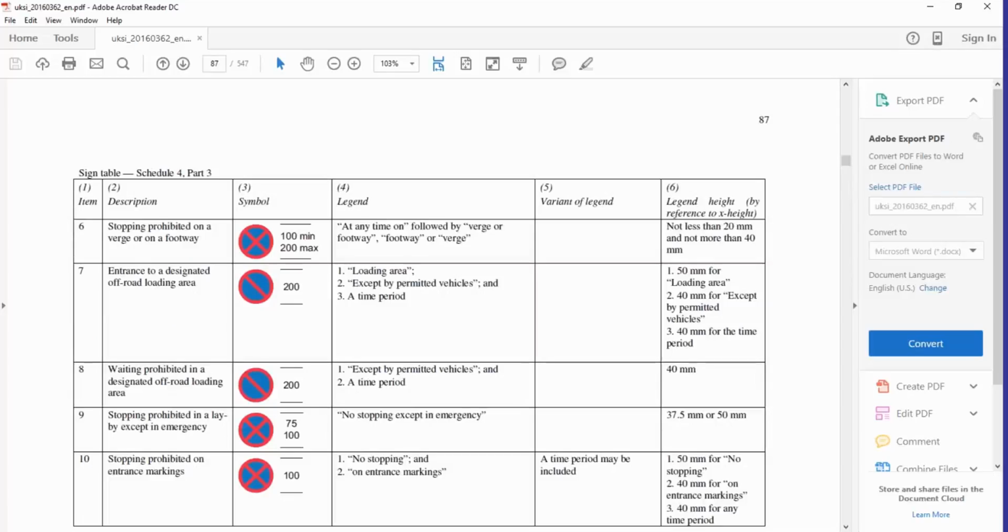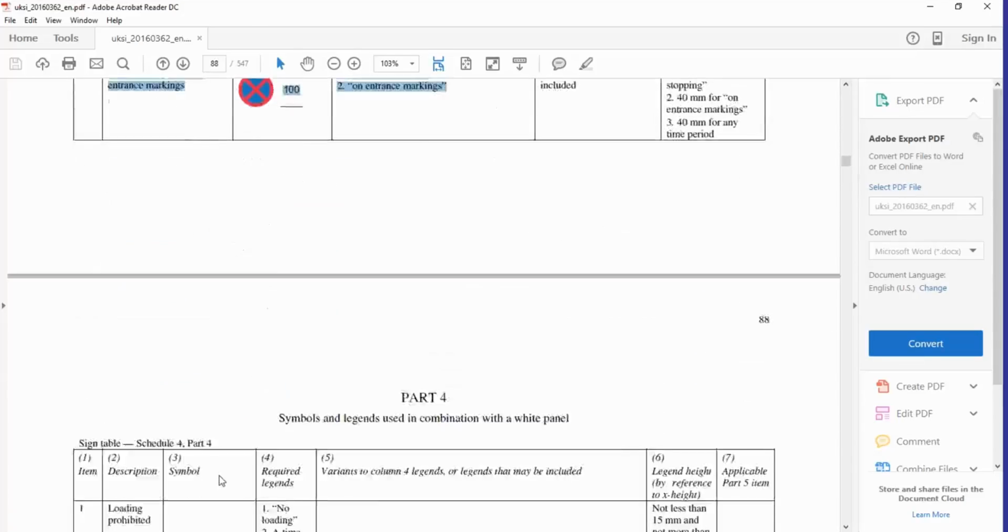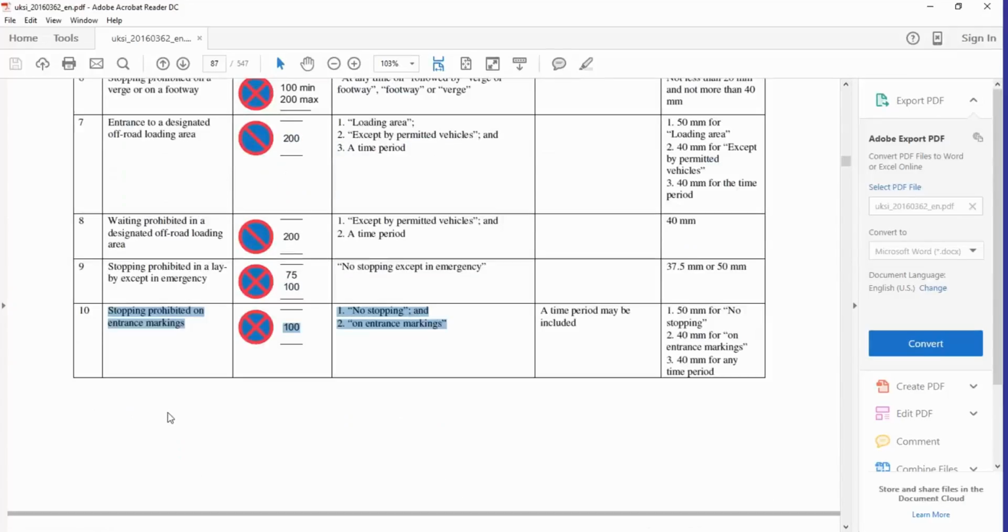Then it's actually item 10 that is referenced there, because the rest of the sentence that I didn't read out in this schedule, which is part 3 of Schedule 4, prohibiting stopping on entrance markings. Item 10 there is stopping prohibited on entrance markings. Right. Now, I know that the person that raised this probably spent a few minutes just getting to grips with that, so we felt it would be helpful just to mention those so that you can effectively mark up your copy of the document. And the last one that's been brought to our attention by the same person kindly is